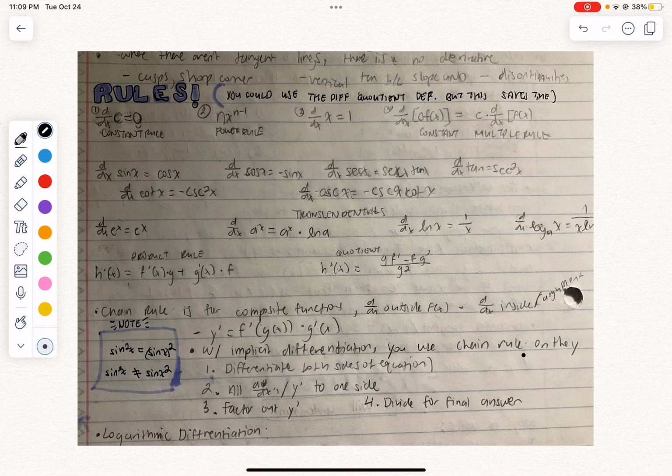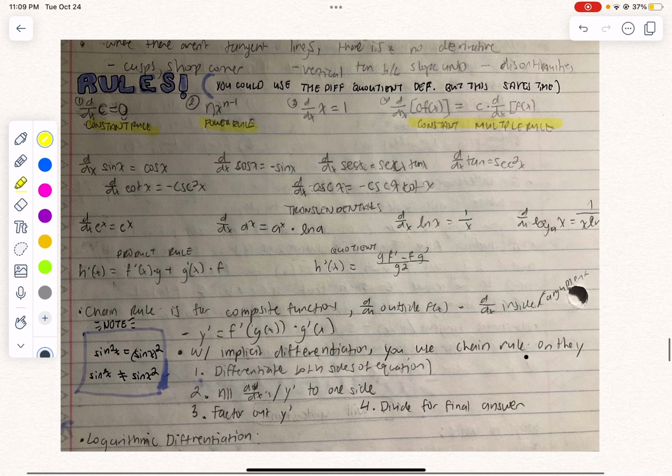So let me get my highlighter out. Here we have the constant rule: the derivative of a constant is equal to 0. We have the power rule over here, which we know is that the power becomes the coefficient in front, multiplied, and then you do the power minus 1 to get the derivative. This isn't necessarily a rule, but we do know that the derivative of x is equal to 1. We have the constant multiple rule that we learned,